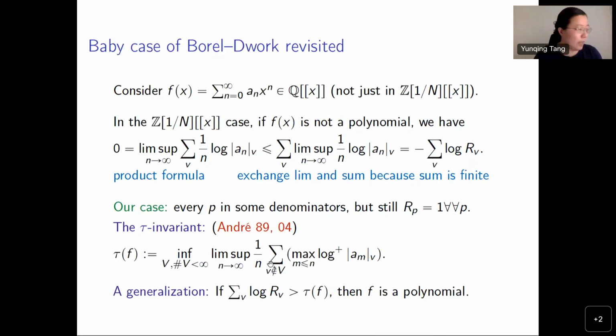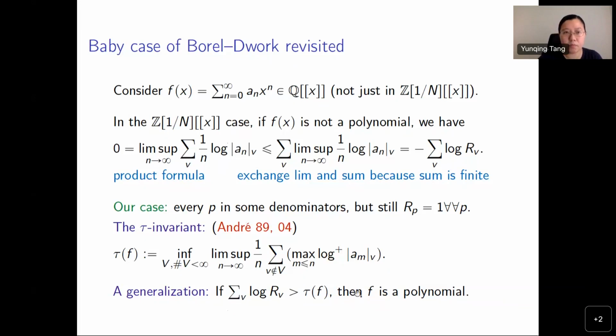It's denoted by the tau invariant in Andre's work, which essentially comes from, if you think about the proof of the baby case, the need to exchange the limit. When we only have finitely many primes in the denominator, we can exchange the limit with no problem. But in general we cannot, so that gives an extra term. A natural generalization would be to take the log: if the summation of the log of the convergence radius is greater than this tau invariant, then